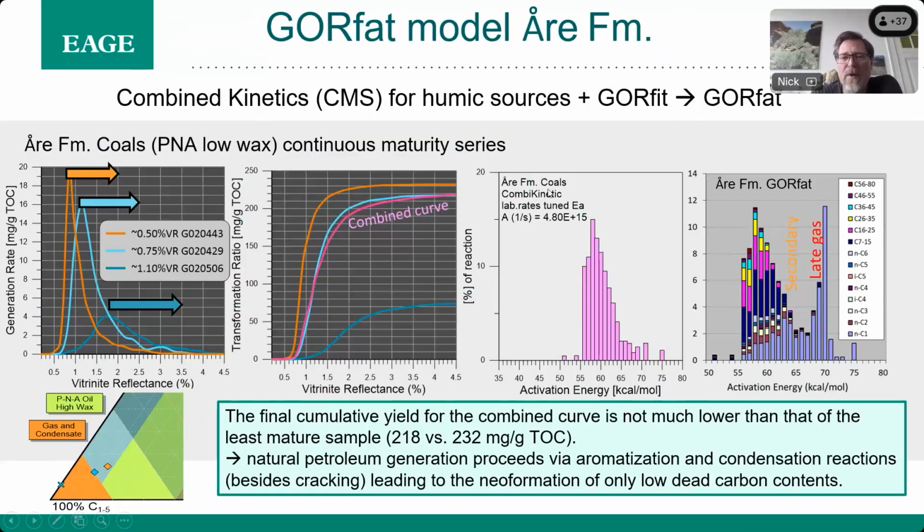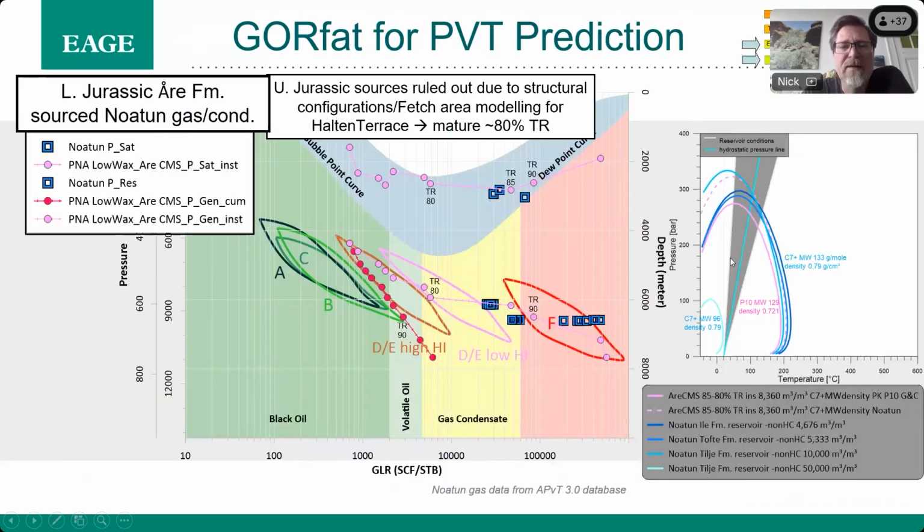Importantly, for this combined model we also ran GORFIT analysis and constructed an Ore and GORFET model that was directly applied for phase prediction for the Noatun gas and condensate field in mid-Norway on the southern Halten Terrace. In this area, Upper Jurassic source rocks are ruled out due to structural configuration, and the fetch area modeling indicates that the Noatun gas field contains